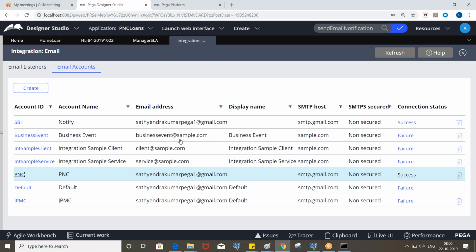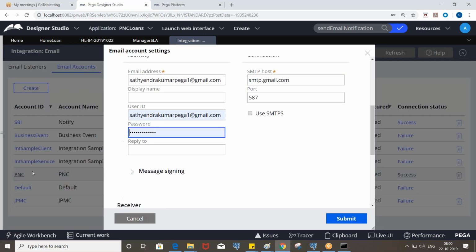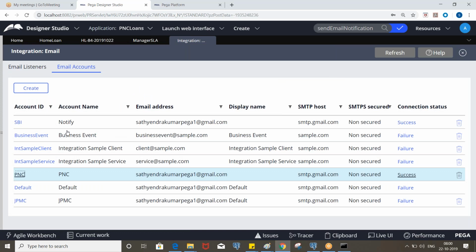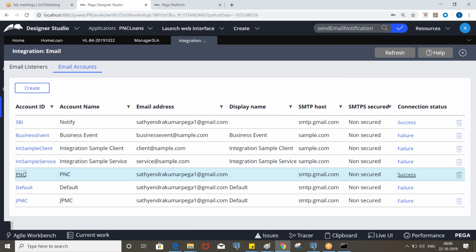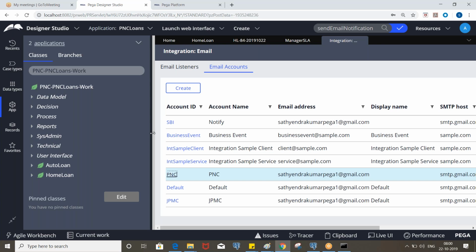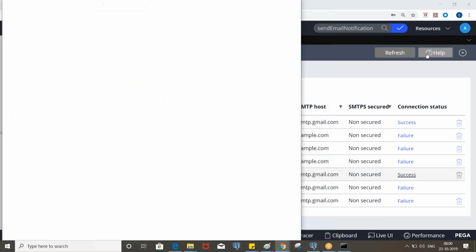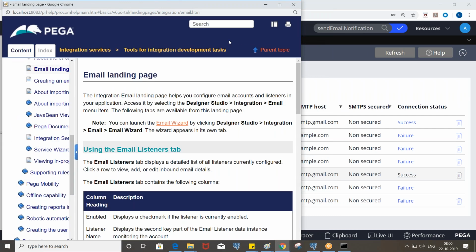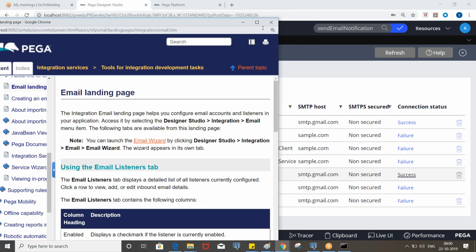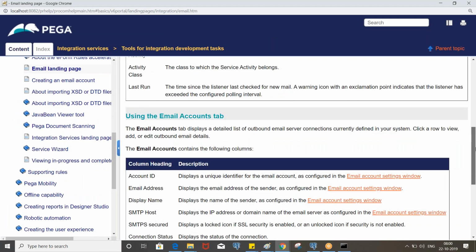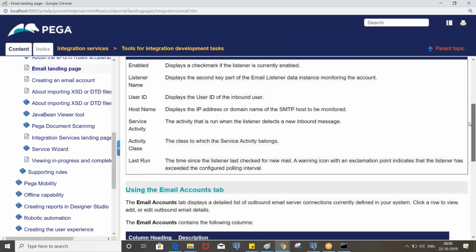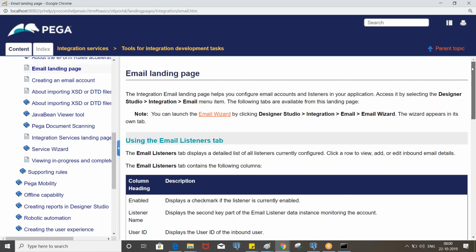So let's say I don't know about that class. What can you do? Just open the email account, go to the help. Here we don't, so we can open these instances from the records tab. I will show you that. Let's say I don't know the class of this. Go to the help. The class is required when you want to retrieve that later, using the obj open. In that case, we need to pass the class. We can find out.